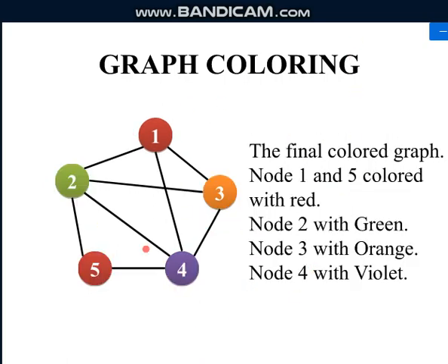Yes, so if you look at this, what we have done: node 2 with color green, node 3 with orange, node 4 with violet, and then again node 5 we can give any color among red and orange because it is not connected to 1 and 3. So we have used red color. Okay, so this is what graph coloring is. The problem is you need to color each and every node of the graph in such a way that the adjacent nodes do not have the same color, and you have to use the minimum number of colors.